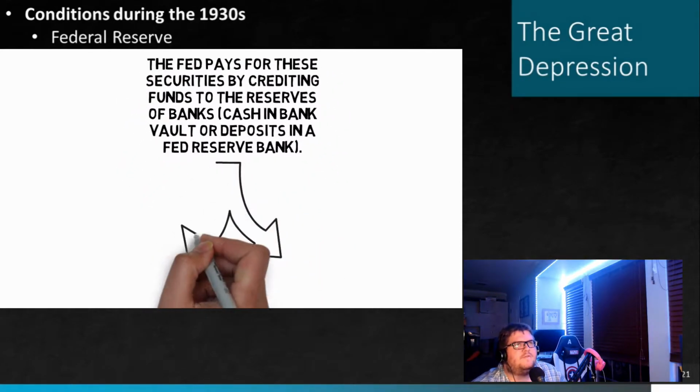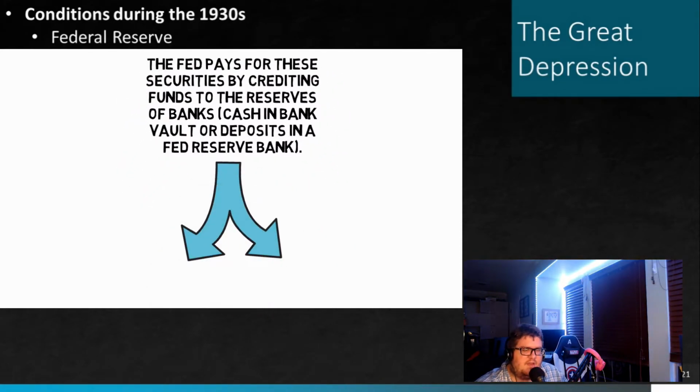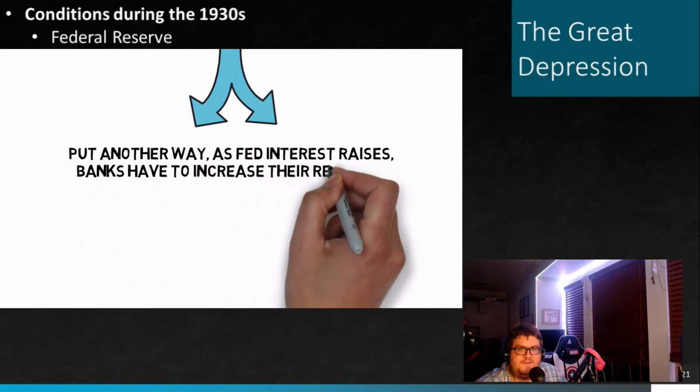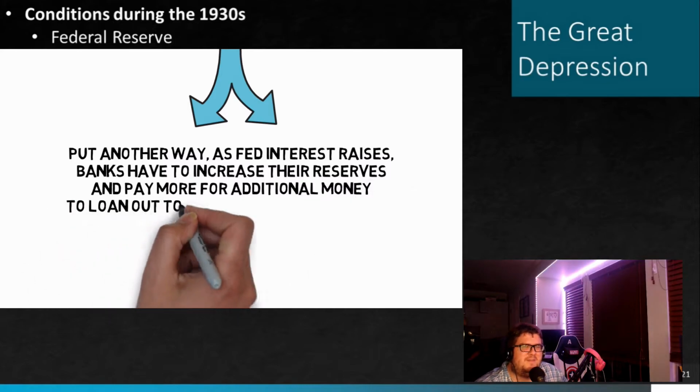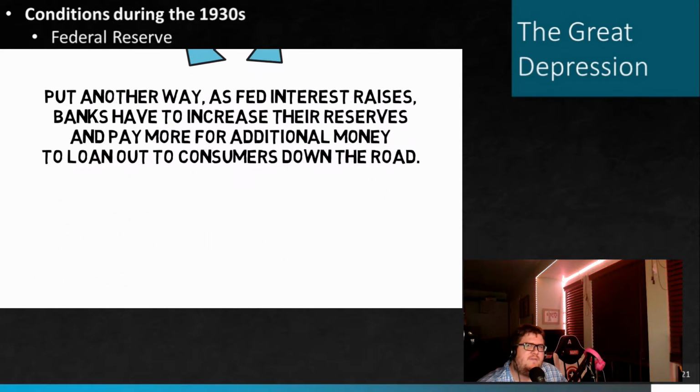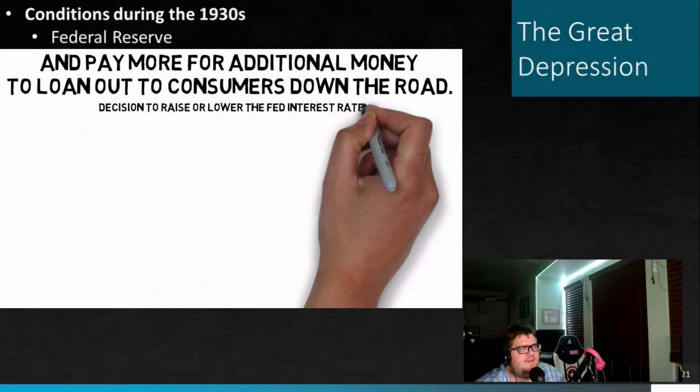Now, President Hoover, who wins the election in 1928 and of course is sworn in January 1929, is there at the very beginning of the Great Depression. Don't forget about Hoover and what he did and maybe what he didn't do well enough and not enough of in the early years of the Depression.